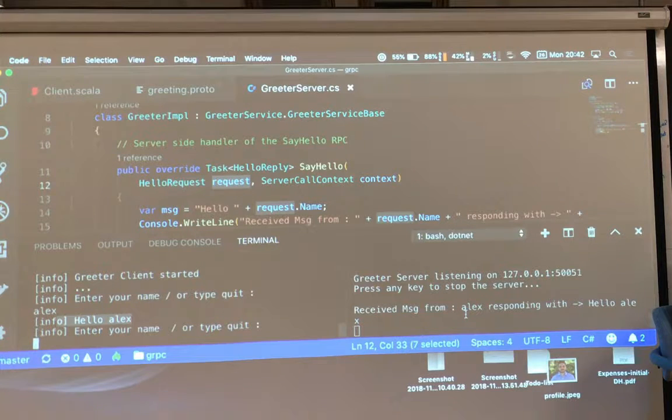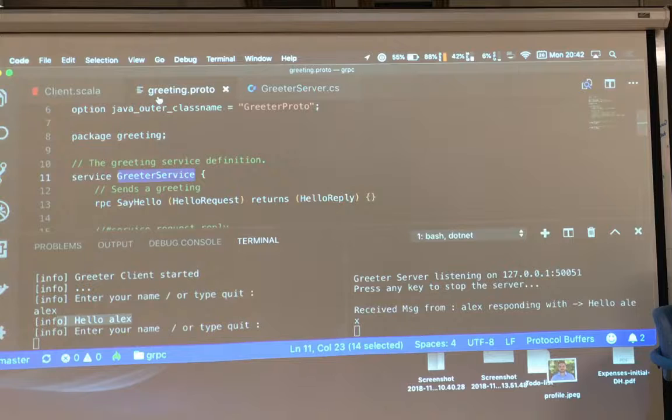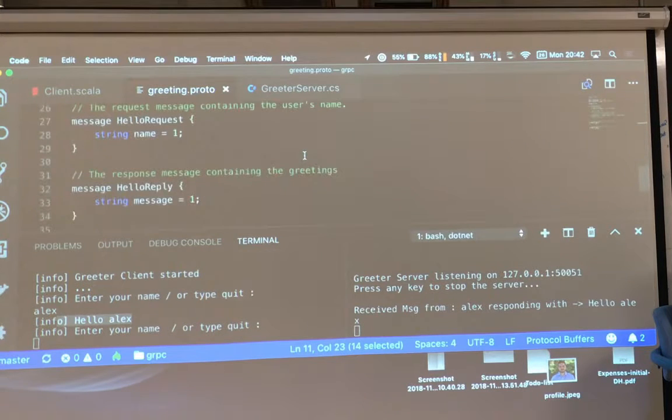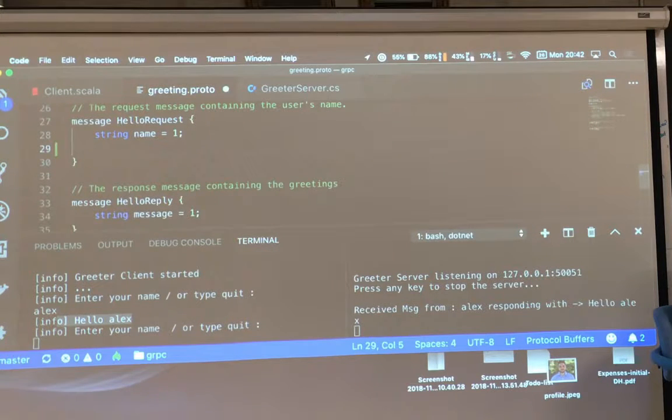Now, the cool thing was the schema evolution. That was the demo, so I'll write some code rather than just run something. In the greet service, I will add a new field, age, with 32 or something. So I now have the hello request there.